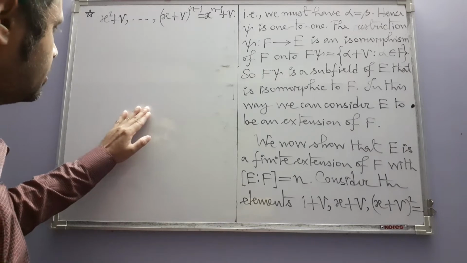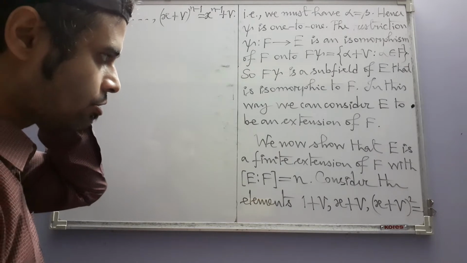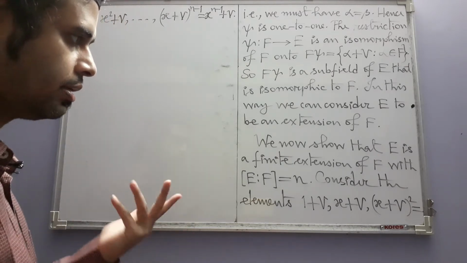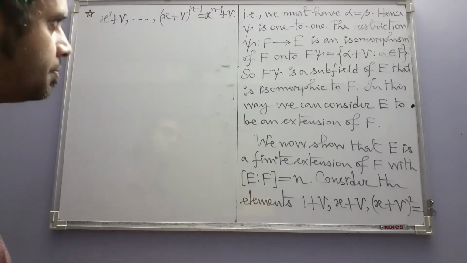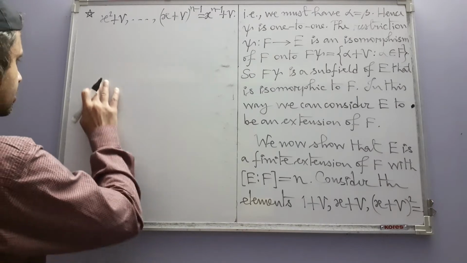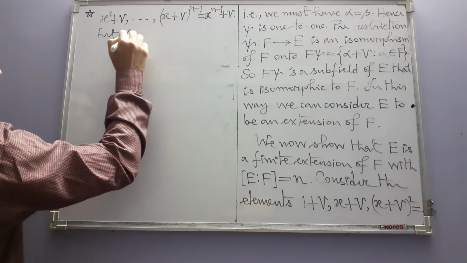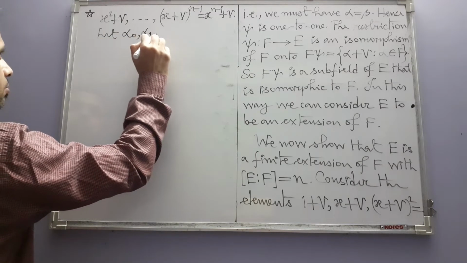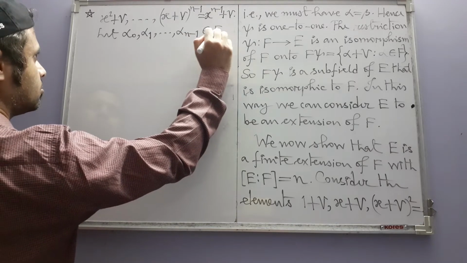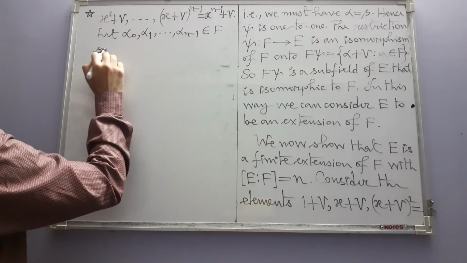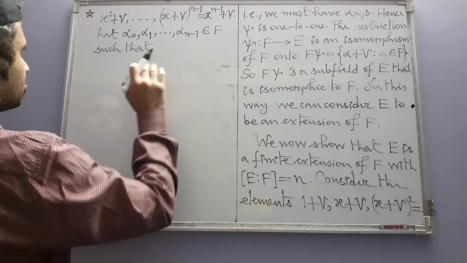In order to show that these vectors form a basis of E over F, we need to show that they are linearly independent over F and that they span E. Let us show the linear independence first. Let alpha naught, alpha 1, etc. belong to F such that this linear combination